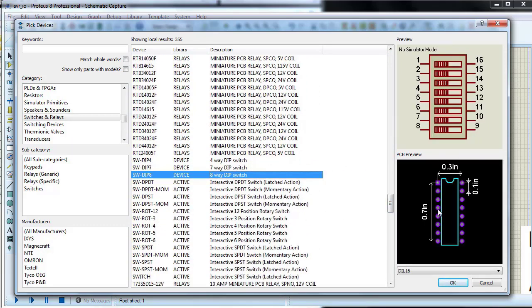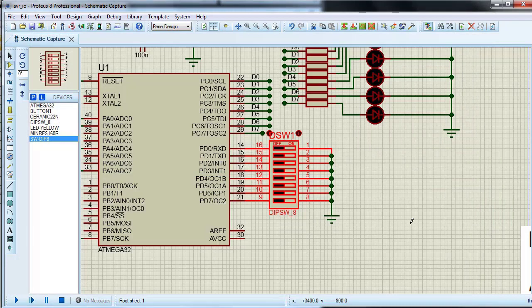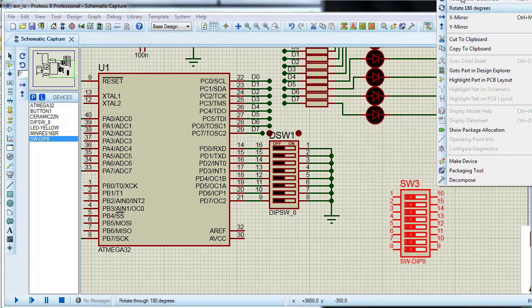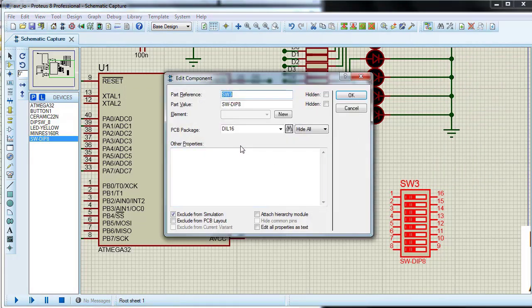Another model that has a package but cannot be simulated. In the case of a dip switch, let us use the equivalent component. Let's use this model and choose another suitable package for it. To match the pins, preferably edit the component as before. And save it with a new name.